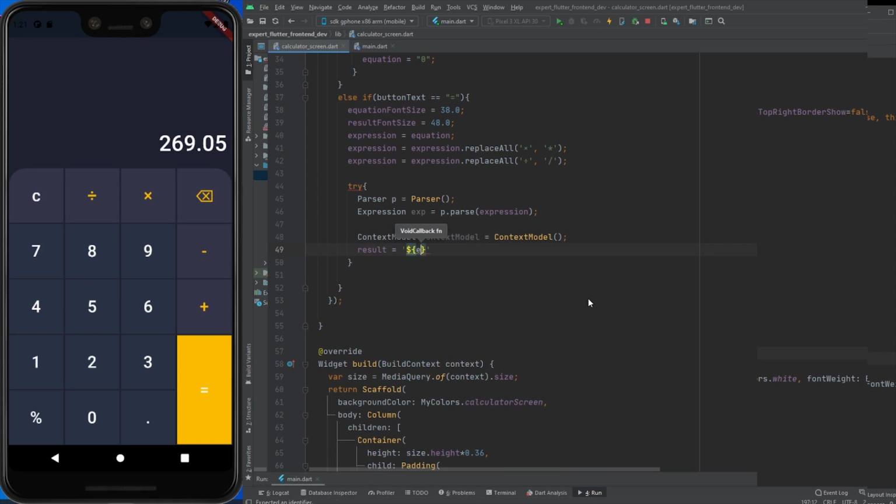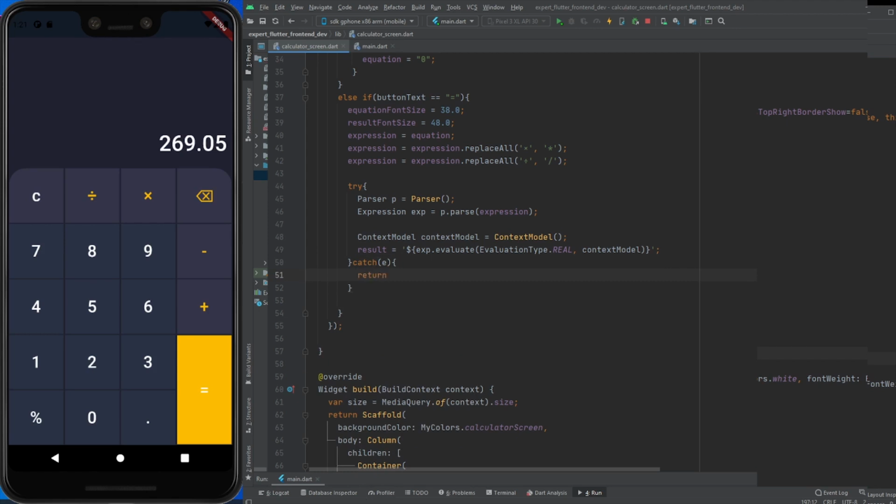So here I use a context model and create its object, and will set all the values in the result.